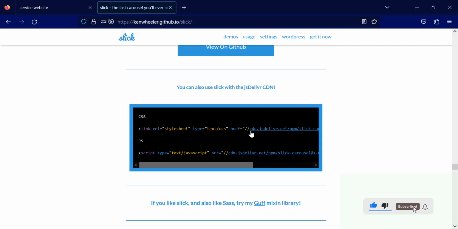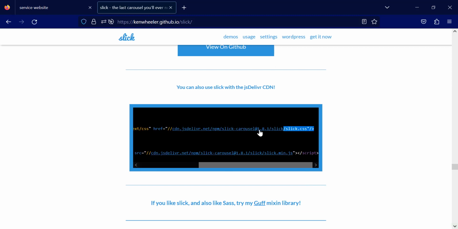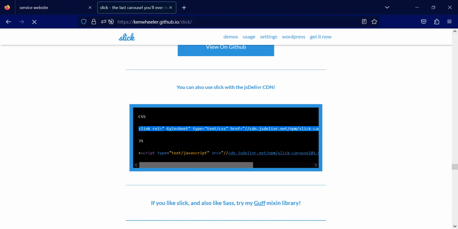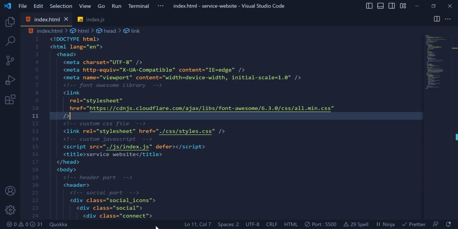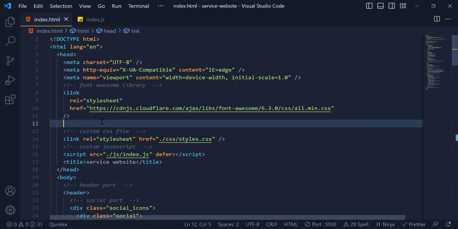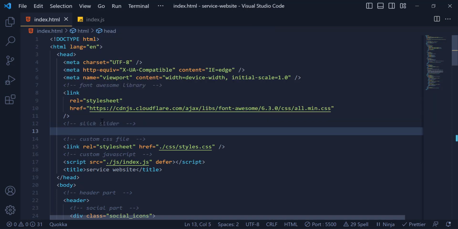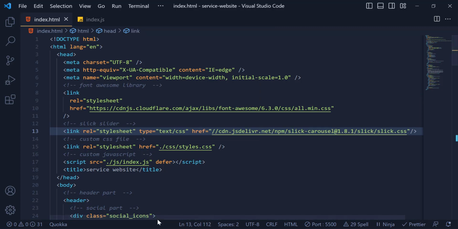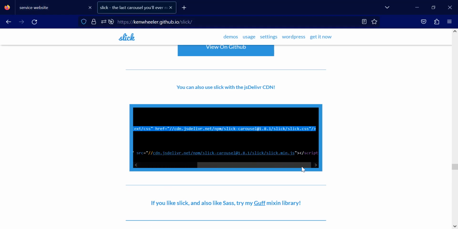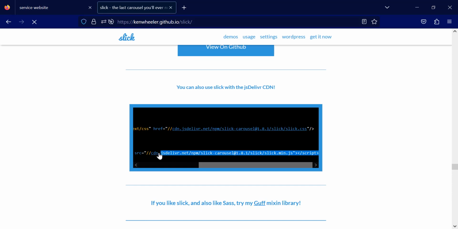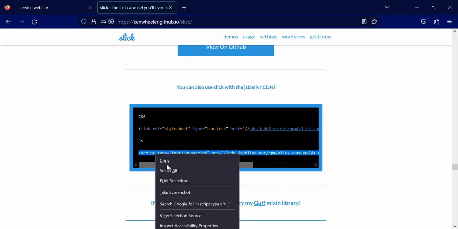You will see a link for CSS and one for JavaScript. So all you need to do is just copy this link. I'm gonna copy this and come back to HTML. In here, in the head, you need to write select slider, comment that, and just paste your CSS. Okay, and the next link is for JavaScript. All you need to do is just copy it